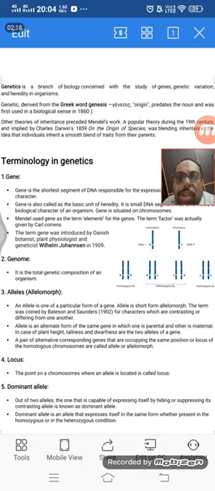So we will start from the very basics. There are some terms and terminologies. If you do not understand the terms and terminologies, it is very difficult to understand this chapter. So what they mean and what their importance is, those things are very important. I recommend, since we are in this lockdown period with schools closed, and we also don't know when the government is saying to completely open the school,